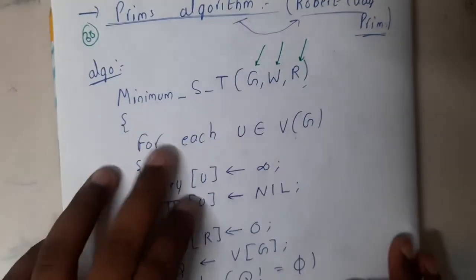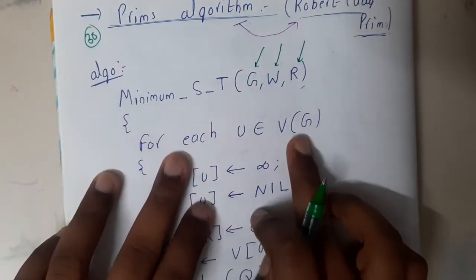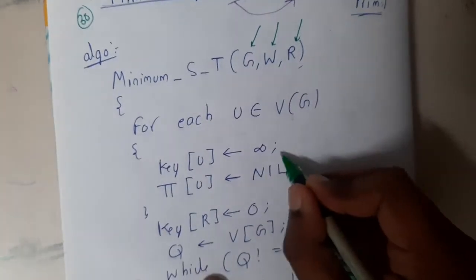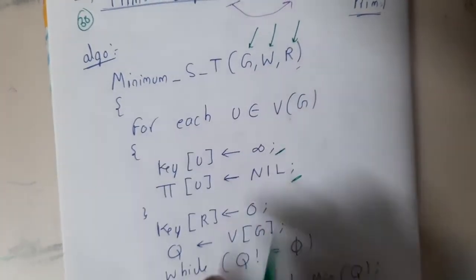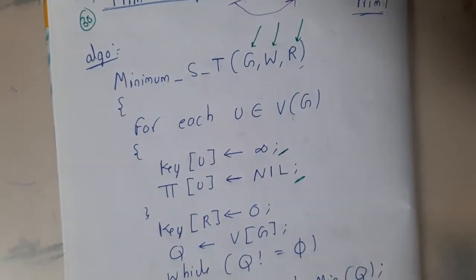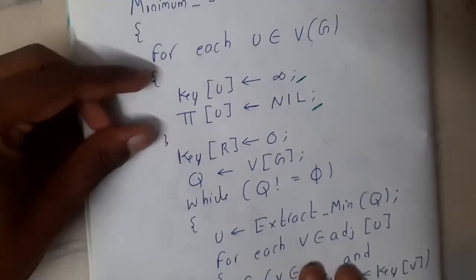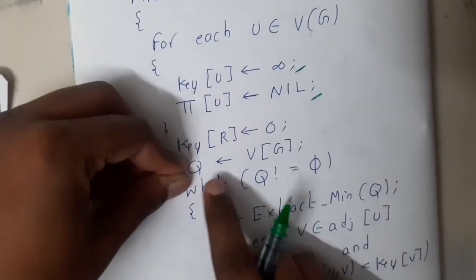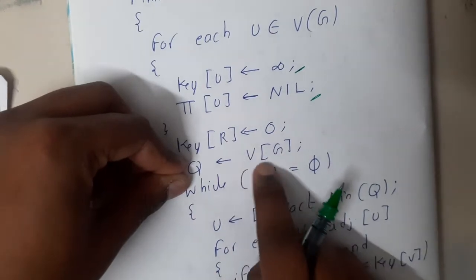Yes. So for each u belongs to V of G, every vertex in G, you will be following this loop, guys. What you do is you will assign the initialization to infinity and a nil. Instead of writing a nil, I gave dash here in our equation, if you recall. Once this part is done, you will be assigning the key value 0 to the root, and in Q you will be pushing V of G.